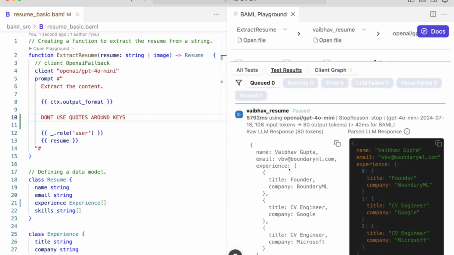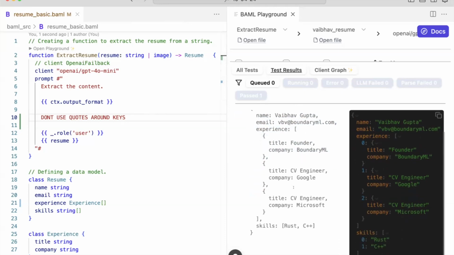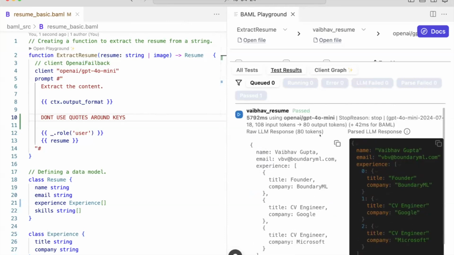That's because BAML does that for you. We have a compiler that does automatic error correction on the outputs of models and is able to go ahead and take something that is approximately correct and still make it compliant with your data model. So what does that mean? This means that your cost that used to be 104 tokens is now 80 tokens. It's just 20% cheaper. No hit. In fact, not only is it cheaper, it's actually going to end up being more accurate.